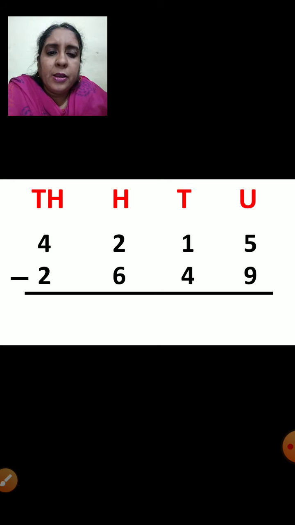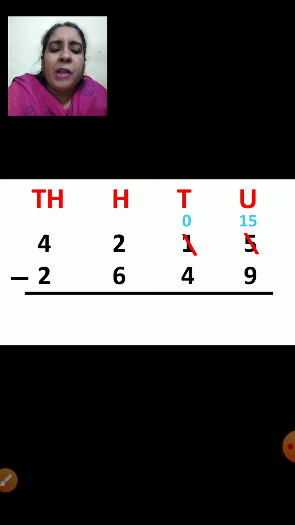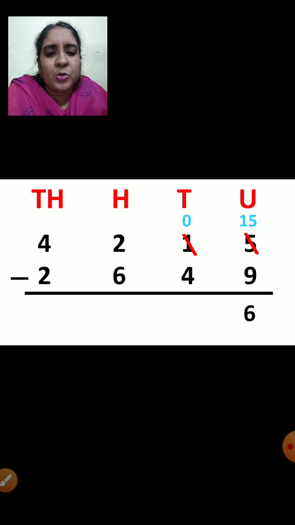And you will cut 1 there. What will come in the tens place now? From 1 ten you have taken 1 to the units place. So what will be left in the tens place? 0. And that 10 you will take to the units place. First you will cut 5. And then what will you write in the units place? Yes, you will write 10 and 5 units will be 15. So 15 minus 9. What will be your answer, children? Yes, it is 6. Very good.